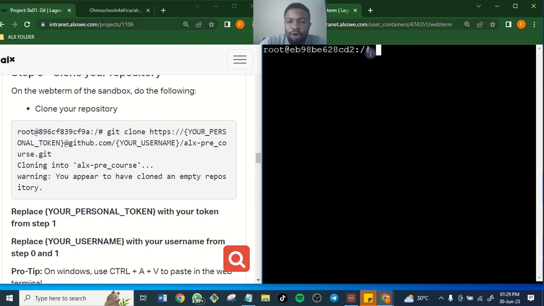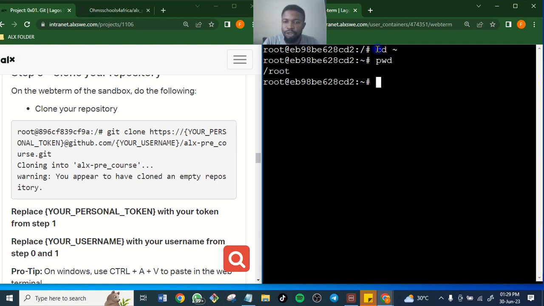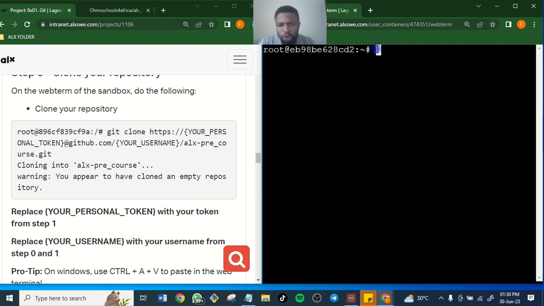Just first of all, change your working directory, change your root. How do you do that? CD, shift and this, or space. So you have entered into the root. pwd. You are already in the root. So now what do you do next? That's the first question. Always ask yourself, don't rush. You want to know it.